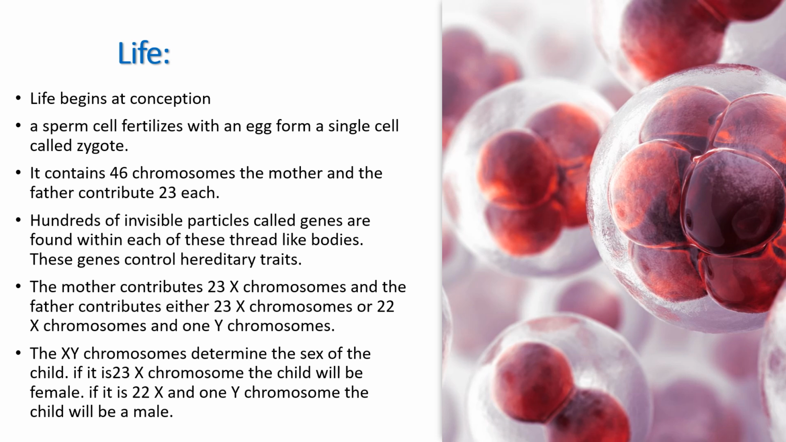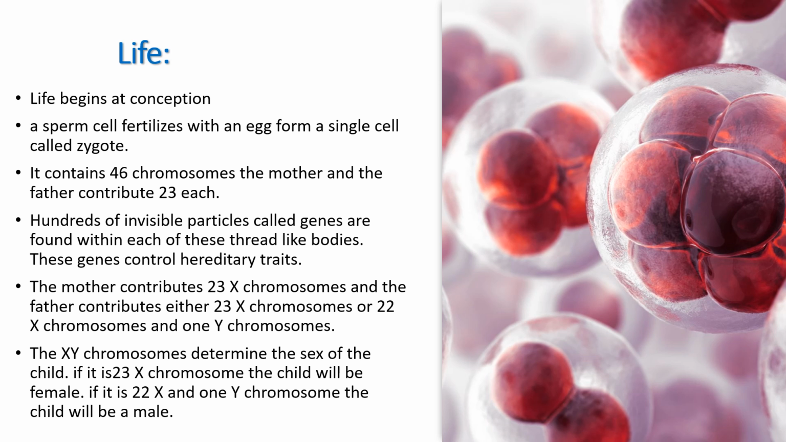Suppose the father is contributing 23 X chromosomes with the mother's 23 X chromosomes, the baby will be born as a girl. But if the father is contributing 22 X chromosomes and 1 Y chromosome, the baby's gender will be a boy. So the father is the one determining the gender or the sex of the baby. Whether the baby is a boy or a girl is determined by the contribution of the father's X or Y